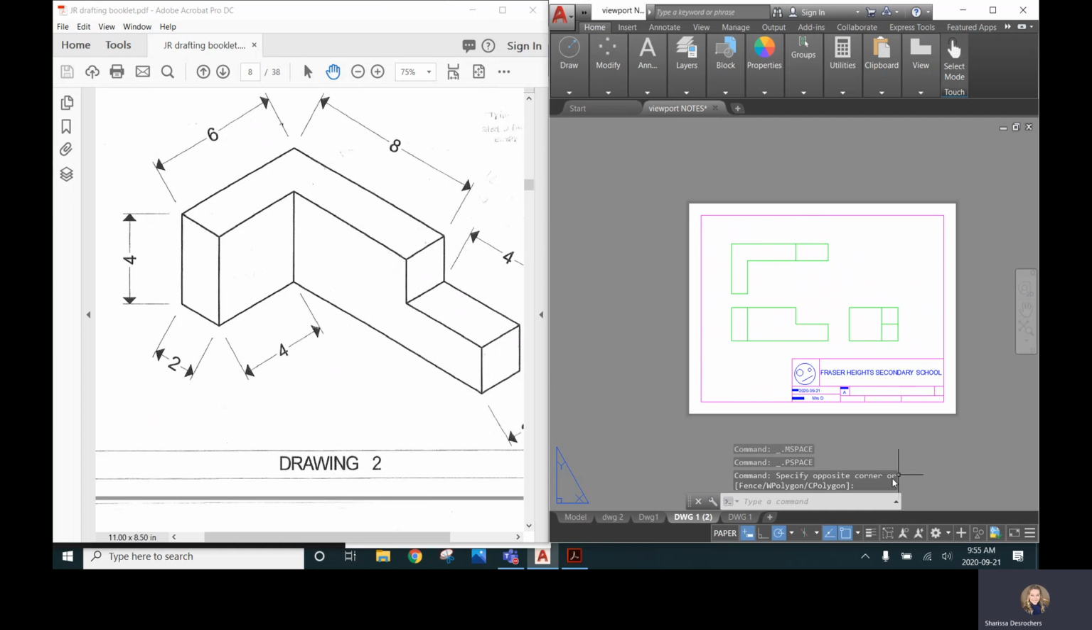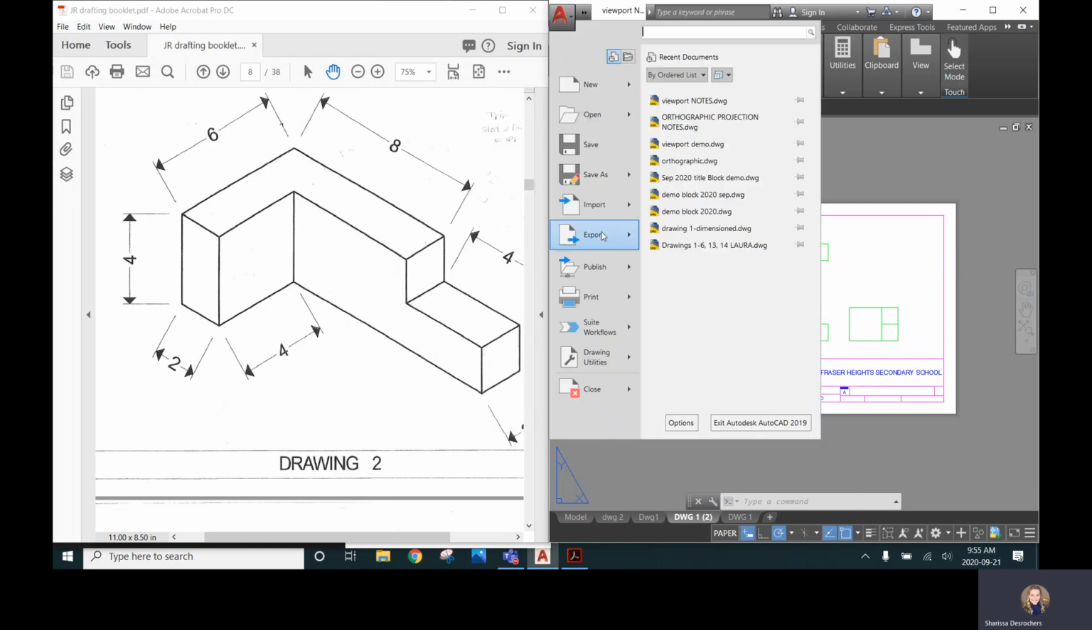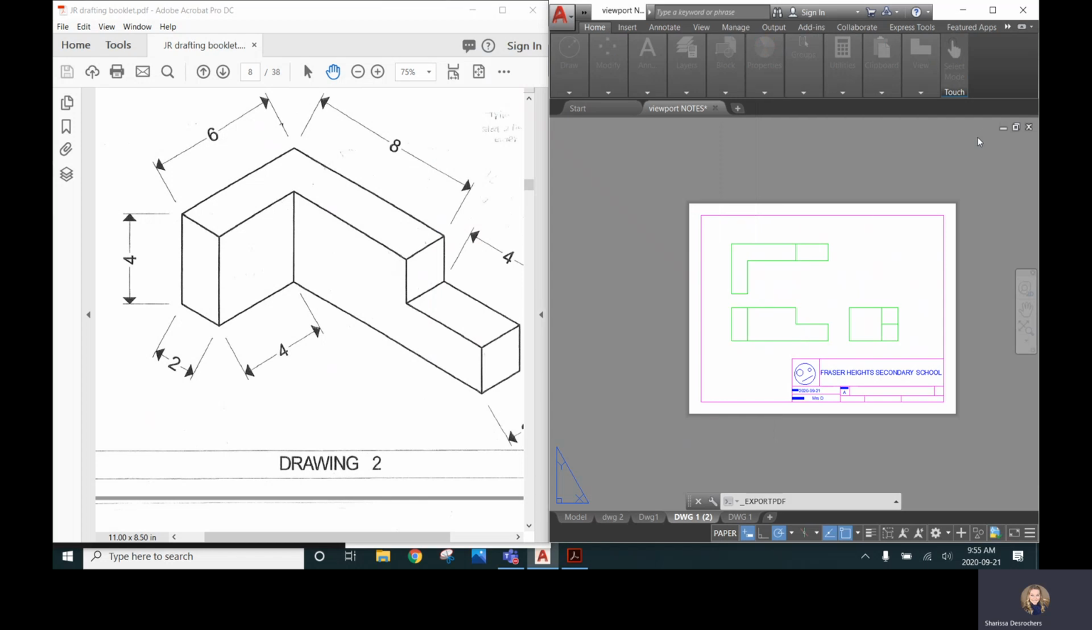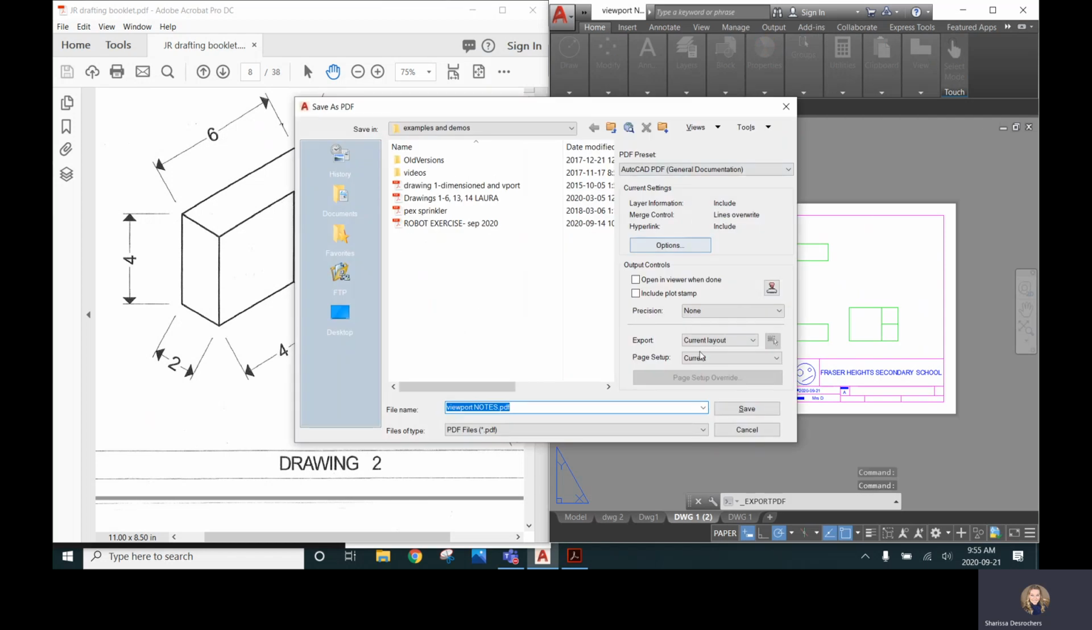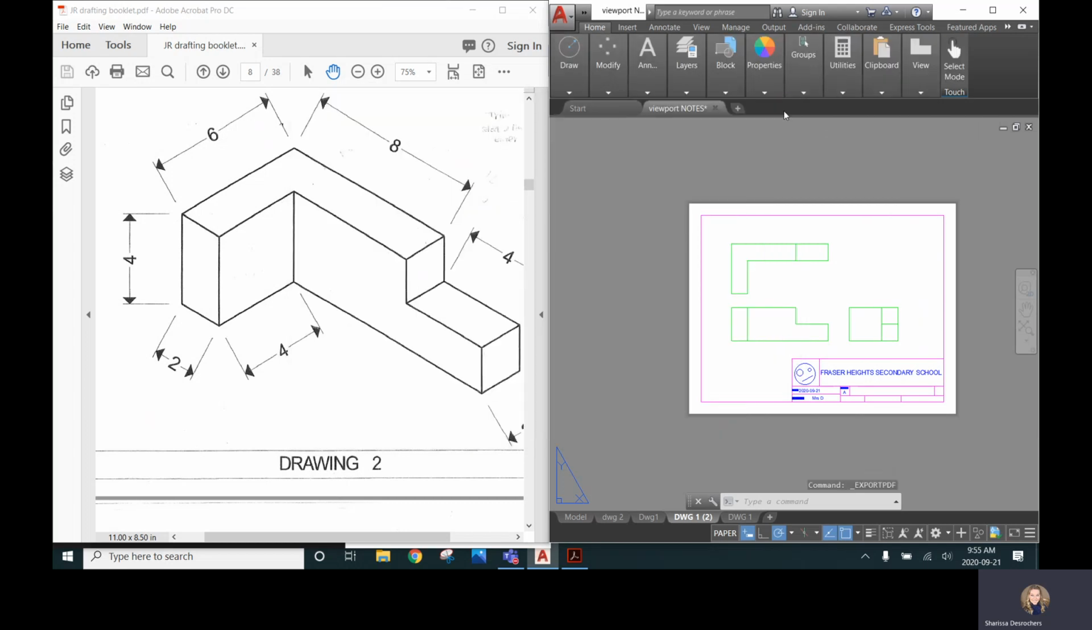You're going to do that 6 times, so you'll have drawing 1, drawing 2, drawing 3, drawing 4, drawing 5, drawing 6. Then when you go to save them, if you want to save it as a collection, you can do that when you go to export as PDF. It gives you the option down here: you can export your current layout, or you can export all layouts. So all you do is export all your layouts, and it saves it as a collection of PDFs